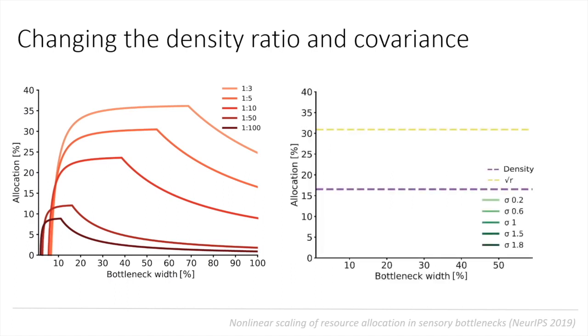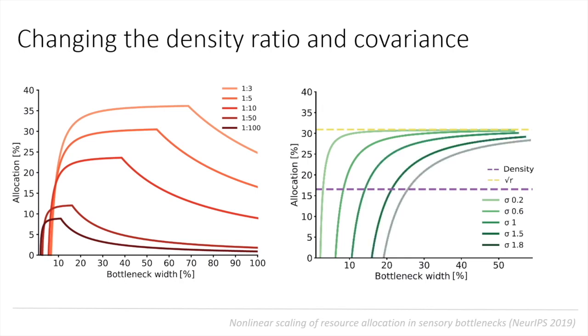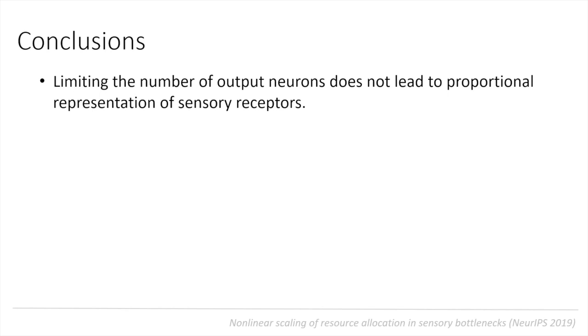What happens when we change how fast the covariance function decays? For the low-density region, a narrower covariance leads to the high-density region being overrepresented for increasingly large bottlenecks. In conclusion, limiting the number of output neurons does not lead to proportional representation of sensory receptors in the two